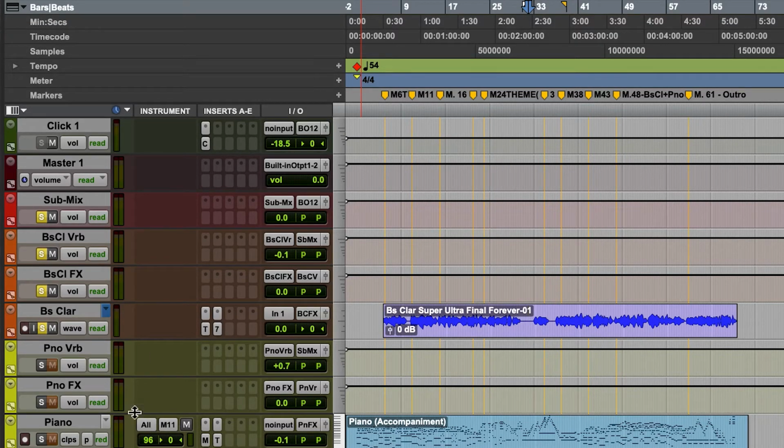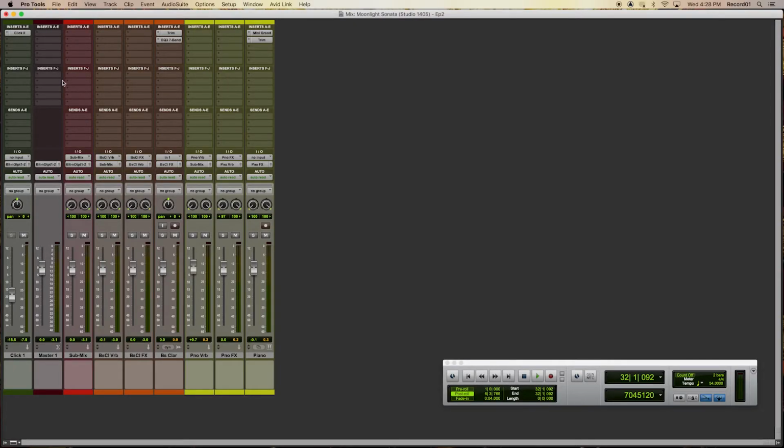Finally, to unsolo these instruments, hold Option and click on this S. We now have all of our channels active again. Command plus to get into the mix window. We've got one more thing to cover in this episode that's going to set us up for the next episode's mixing session. So if we go here to the master, inserts,